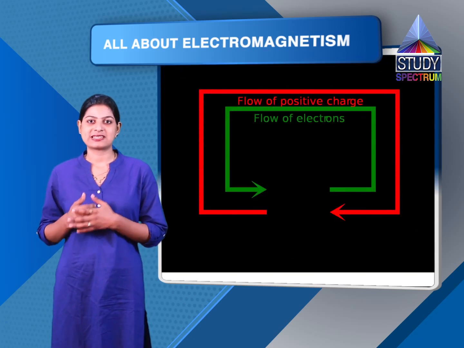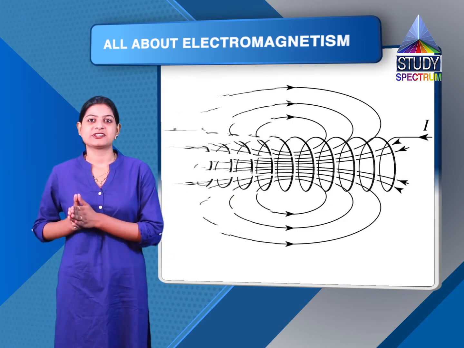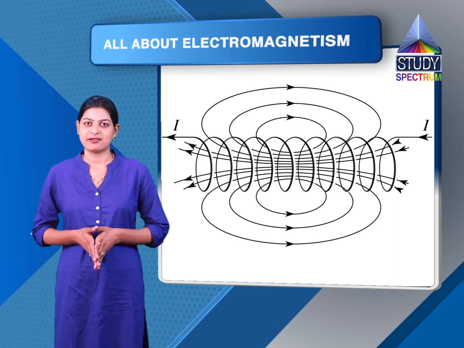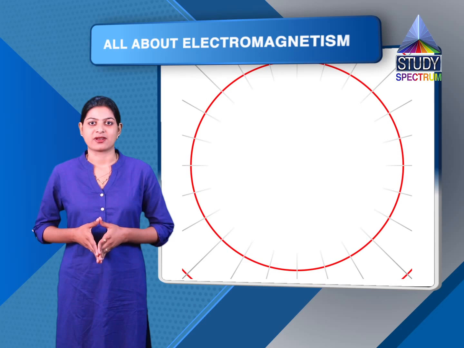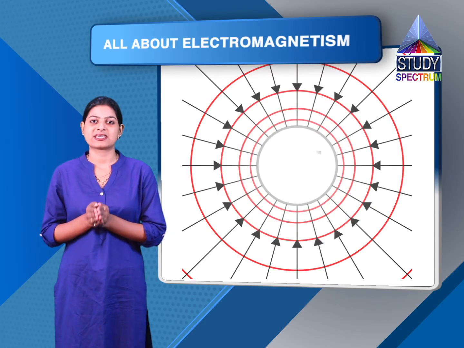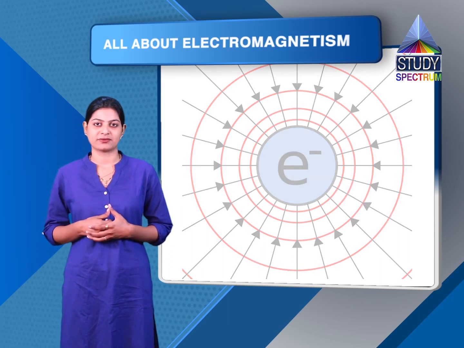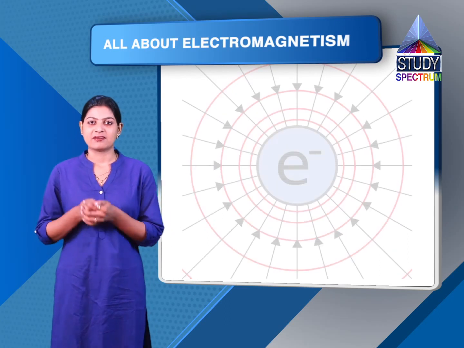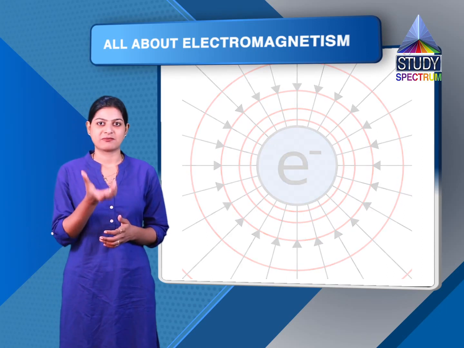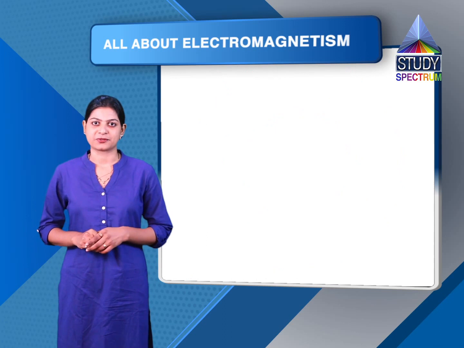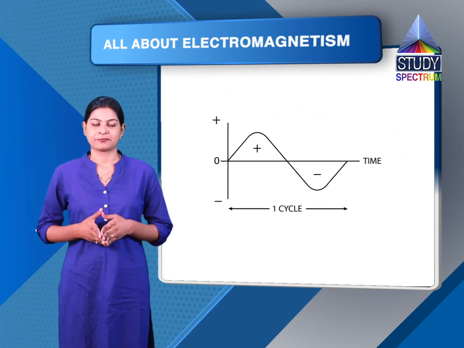As per the law stated by Faraday, wherever there is electric current, there is a magnetic field around it. Also, he stated that wherever there is a magnetic field, electric charges are produced around it. Or we can say wherever a magnet is moving, electric charges are produced around it. So with that concept, the magnets are moved with the help of mechanical energy, and because of that movement of the magnet, electric charges are produced, and these charges are stored in the form of alternating current.